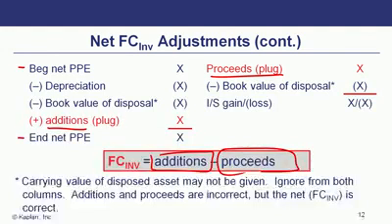So you'll notice if I give you the beginning and ending property, plant, equipment, depreciation, and book value of whatever is actually sold, you can, through a plug, find what you purchased in your property, plant, equipment. Right? Problem is that book value is not the cash. Book value of disposal is not the cash that you actually got when you sold the asset. What you got was proceeds.